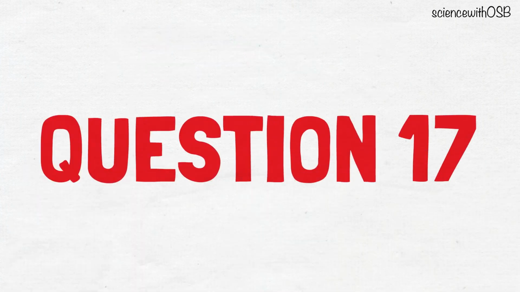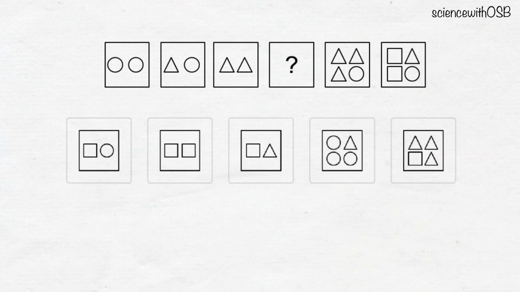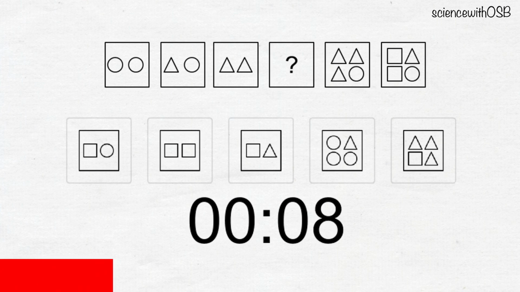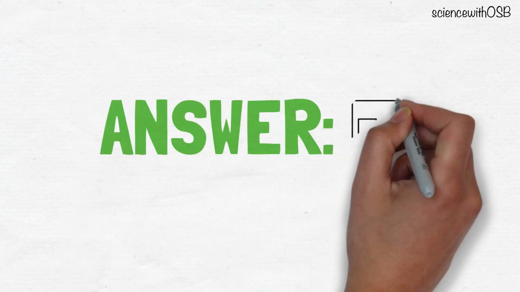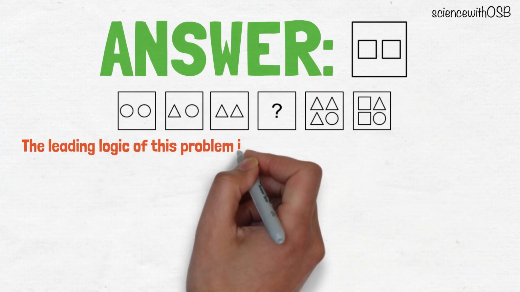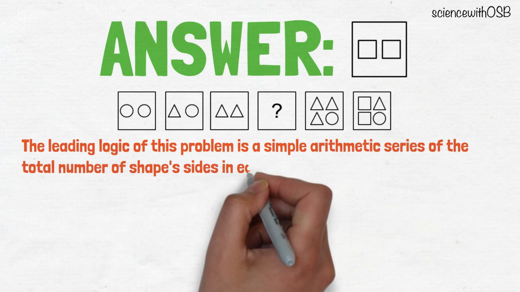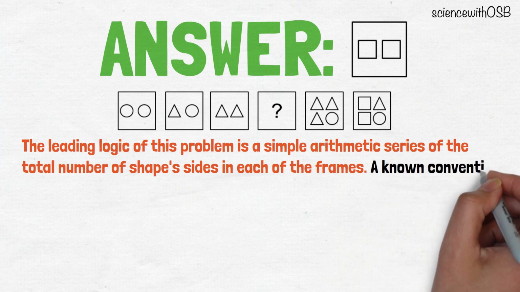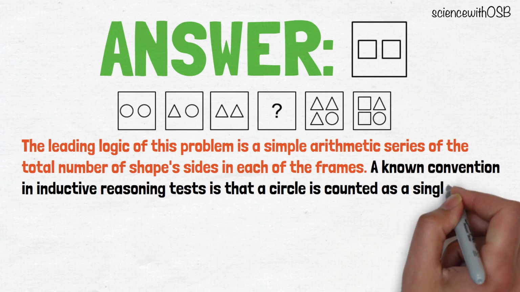Question number 17. Choose the image that completes the pattern. The correct answer is option 2. Here, the leading logic of this problem is a simple arithmetic series of the total number of shaped sides in each of the frames. A known convention in inductive reasoning tests is that a circle is counted as a single-sided